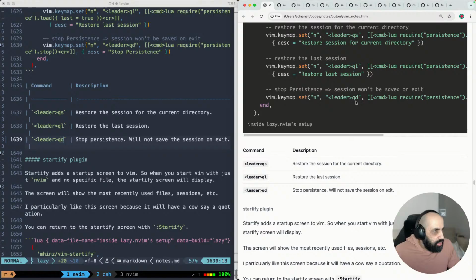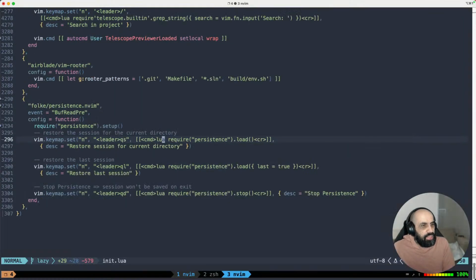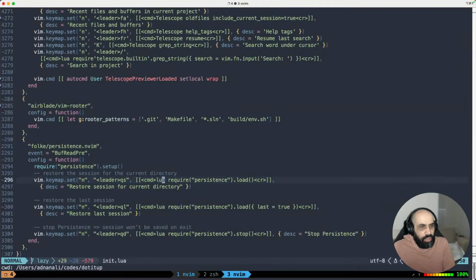And that's fixed because it maps to QD here. So leader QS will restore the session of the current directory. Leader QL will restore the last session. And essentially the session is, so let's say I have, let's just get out of here, open up init.lua, and